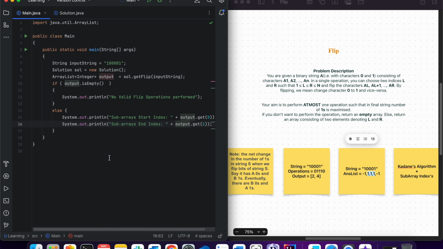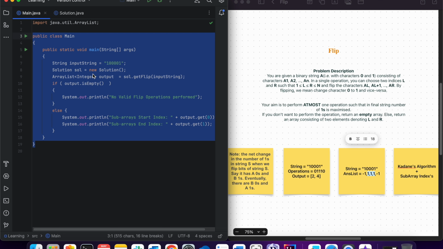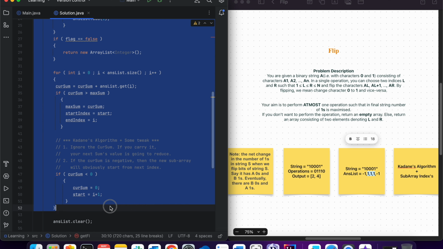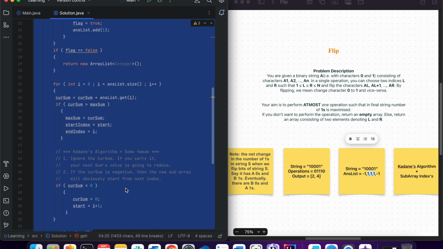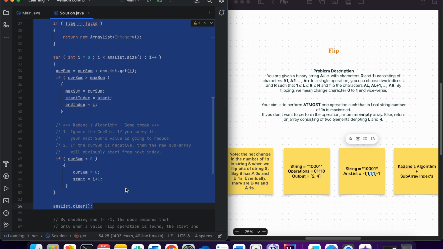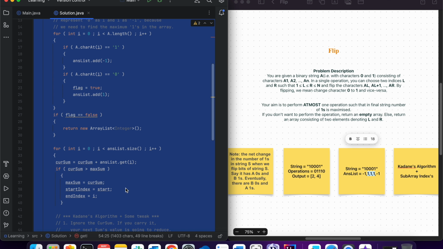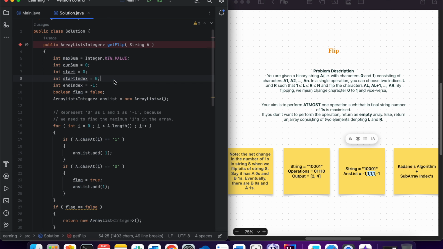Here you simply need to implement the body of this function. I hope their main method would be something like this; I'm assuming it to be something like this. But you need to simply write this piece of code there, or your own code, whichever you feel is better. So what we are doing here is